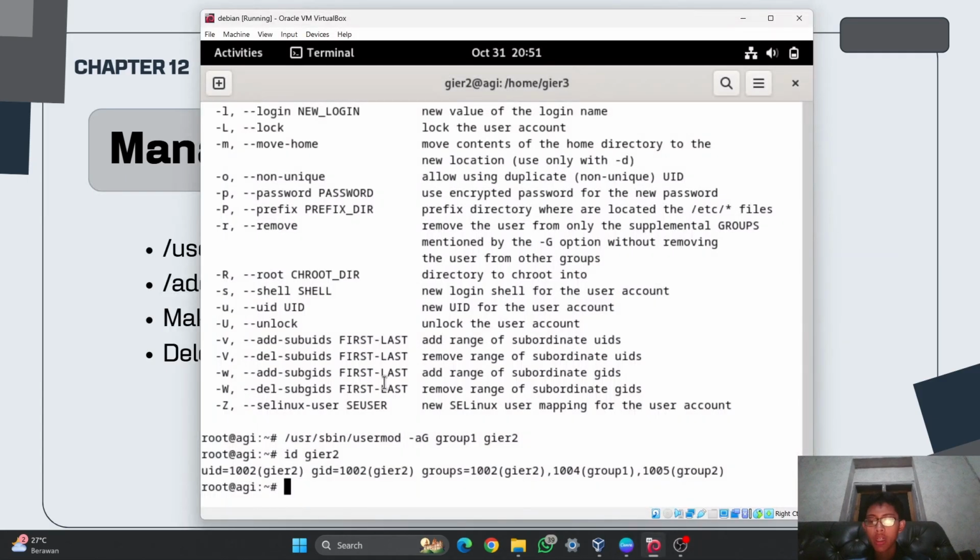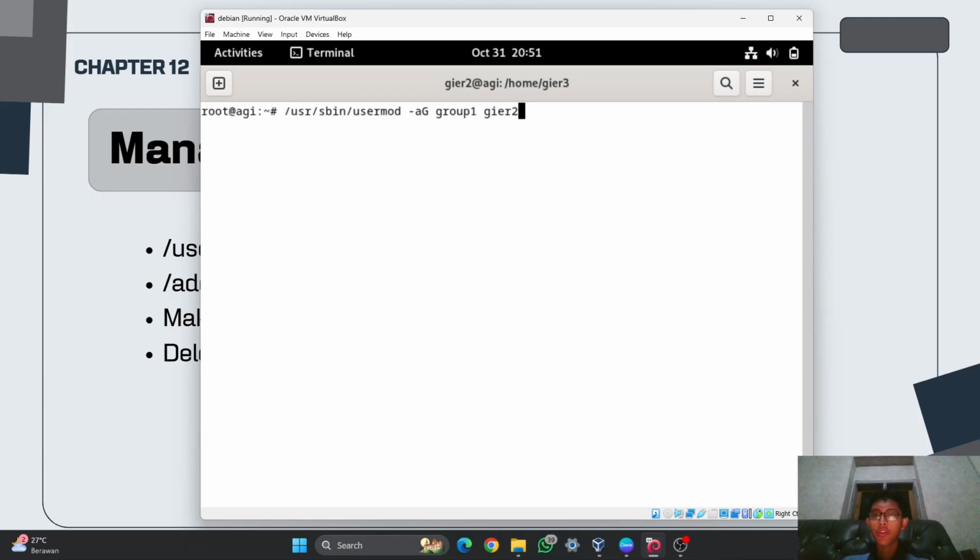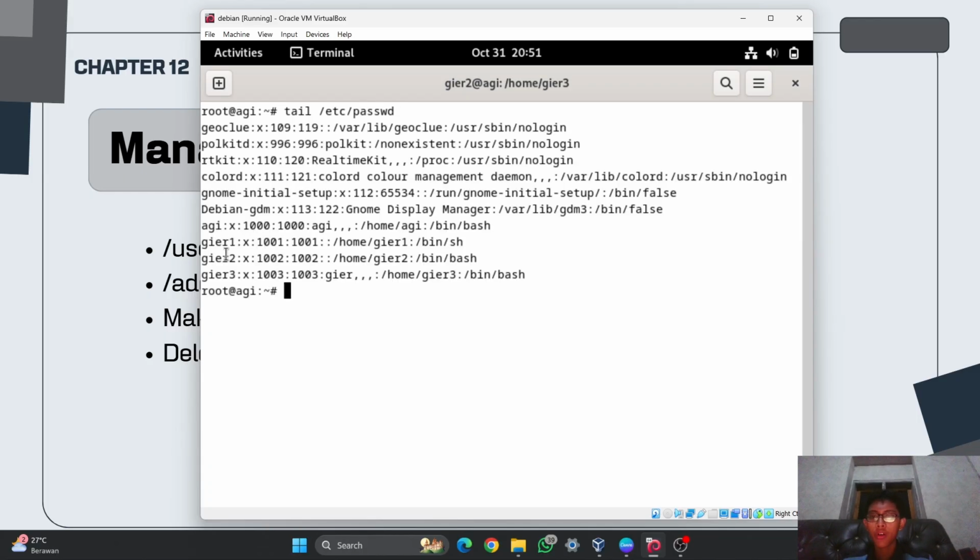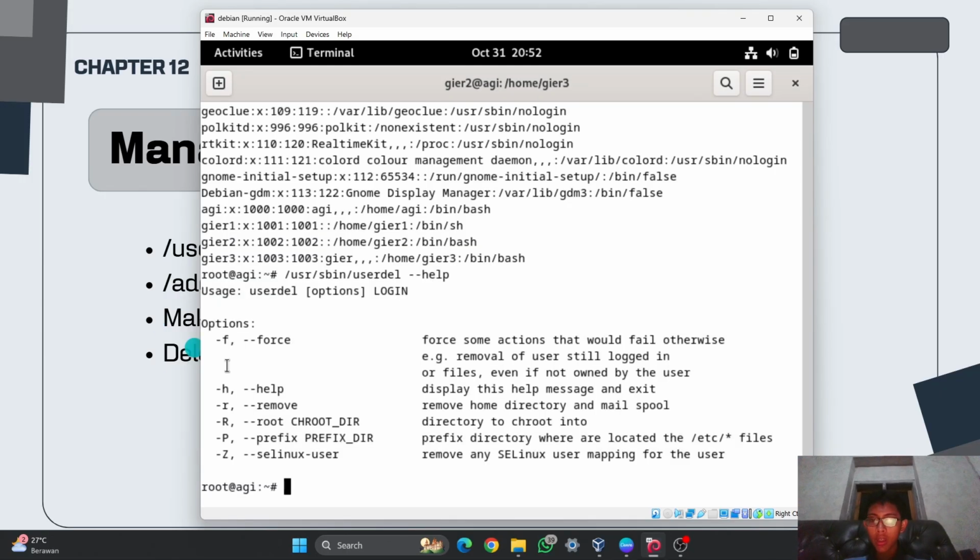So to delete a user, you can use userdel. But first, I will delete this user. Wait. And then I will delete the user of GR1. So to delete this one, you can use /usr/sbin/userdel. And then wait guys, I will try using --help. So there is force and then remove.